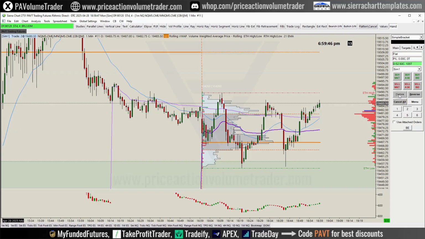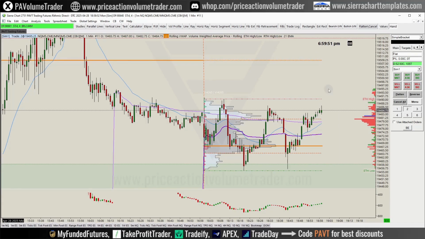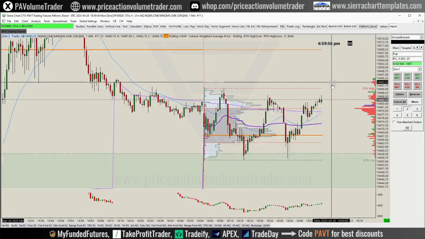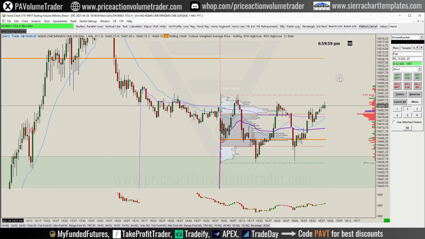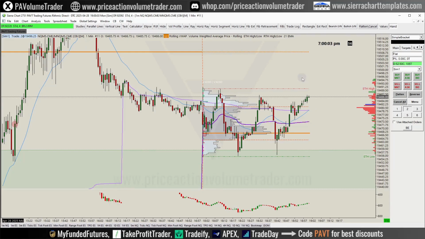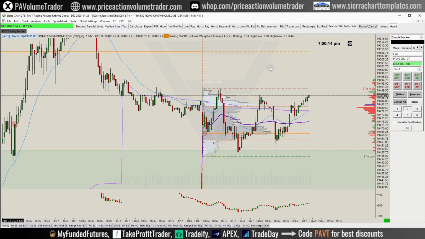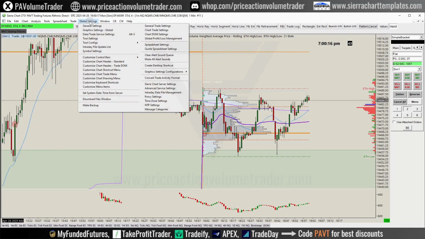Okay, I'm just gonna hit flatten to completely close this. Now, for the second part of this video, let's talk about how you can send attach orders if you haven't added them to the position, okay? For this, if I right click, you can see there's an option here called send attach orders by position. This right click is based off of, if you go to global settings, customize chart trade menu,